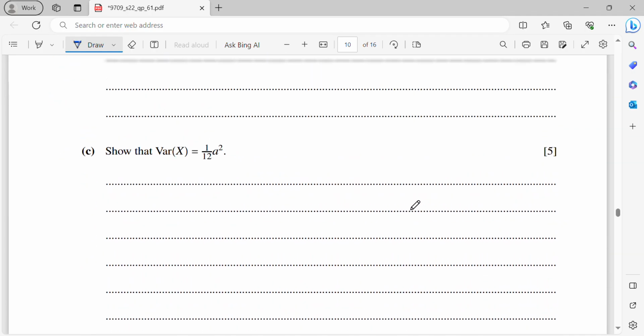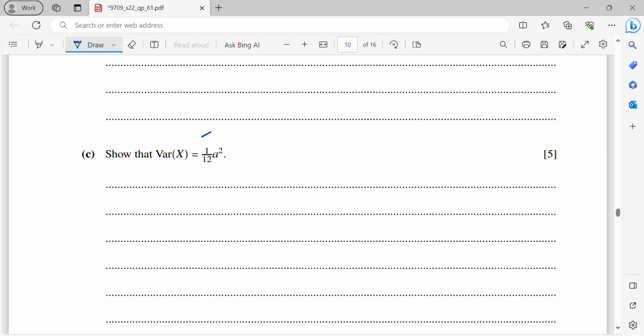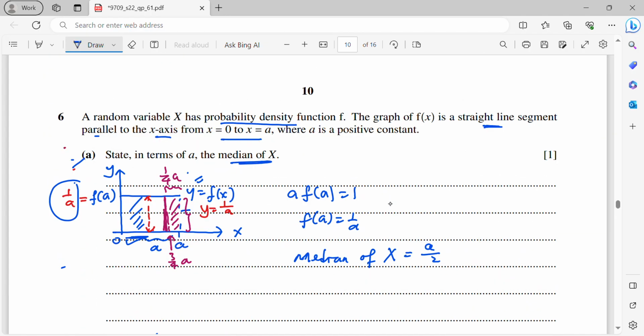Okay, now show that variance x is this. So now I will do the integration. Expected x is the integral from 0 to a of x f(x) dx. So here it is going to be 0 to a, x. The f(x) is 1 over a, because we already proved here. This is 1 over a